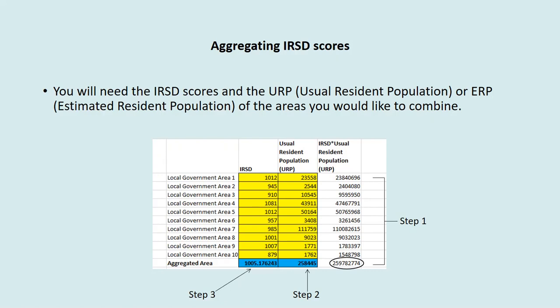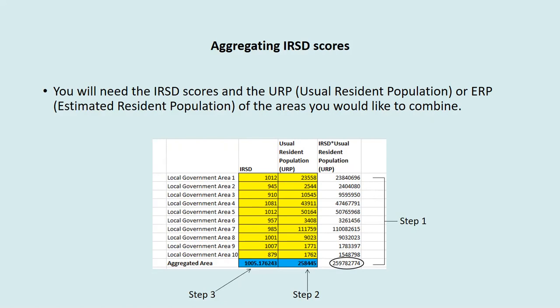The first step is to multiply the URP population by the IRSD score for each of the local government areas you are going to use. Next, we sum all of these together. In this example, you can see that we get a sum of 259,782,774, which is circled on the slide. The second step is to then sum all of the URP populations for all of the areas that you are aggregating. You can see here that we get a sum of